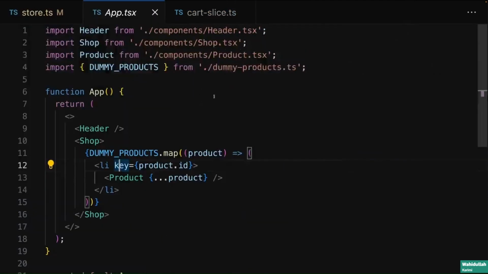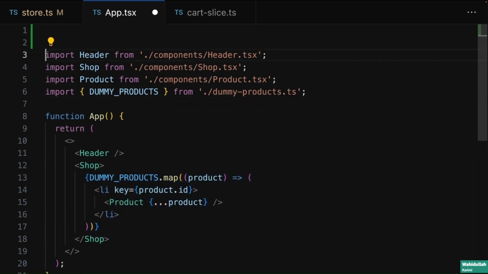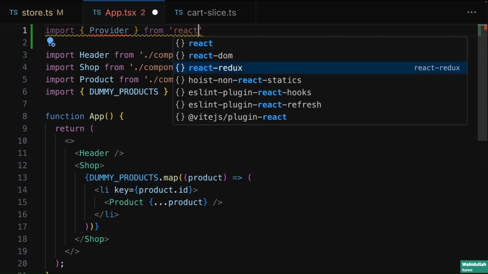Now I'll do that here in my app component, because just as with that context provider component earlier in the course, this provider component, which is provided by that third-party library, should be wrapped around all components that need to change the data in the Redux store or that want to read the data. So here I want to wrap the header and then the entire shop and all its nested components. So therefore here in the app component, we should import the provider component, that's its name, from the React Redux package,